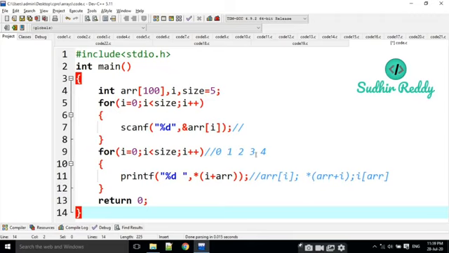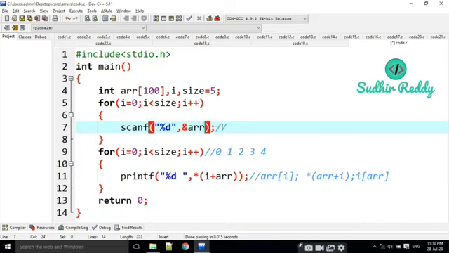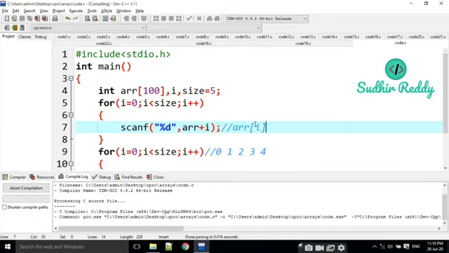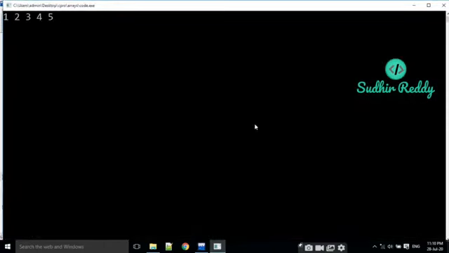Yes, like this. Here also ARR is the address of the first value, plus I. This is the first value address, then second value address, third value address, like that. If I am going to execute it, here I am giving the values.